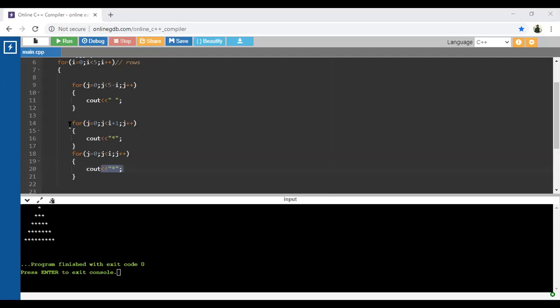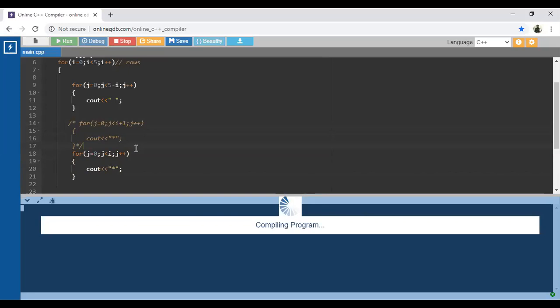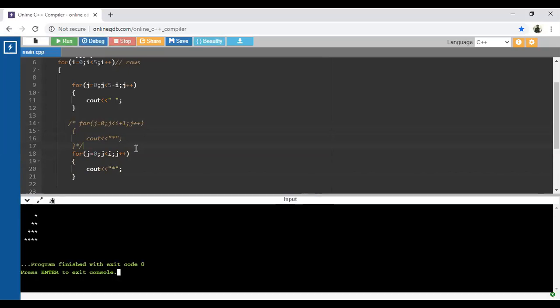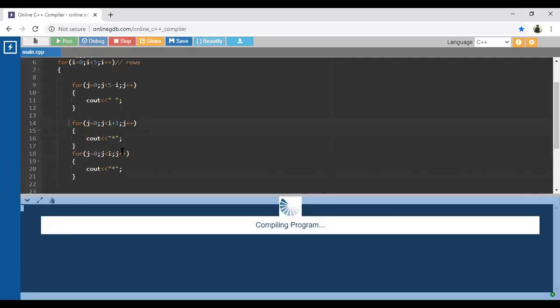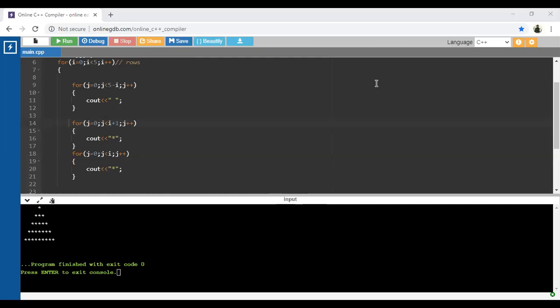Yes, sir. I will comment out the middle for loop, so you will get the logic behind the last loop, so you will get the idea of whatever logic we have discussed for the last loop. So it will display this particular portion. Did you understand? It displays this portion, but when we are going to use this particular portion, from where will it start? It will start from the first line. Okay, so this is the logic behind the pyramid.